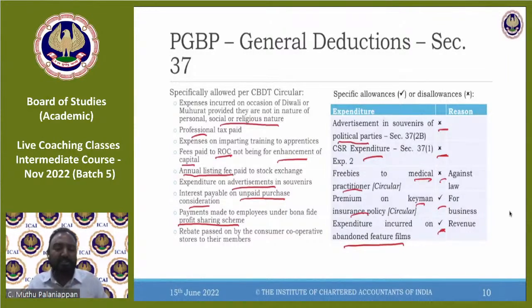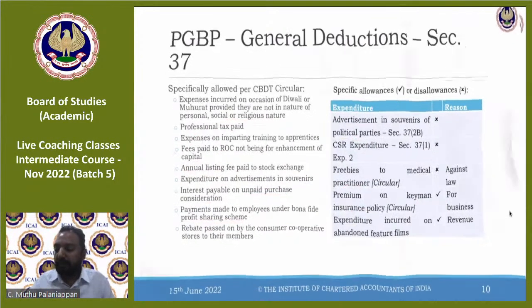Let's not have any questions on any of these, because these are straightforward line items. In case it is questioned, you will have the exact lines, the exact words, the exact phrases. So nothing to worry about. So these are allowed. Certain things are not allowed. That is what is discussed in this particular provision. So that is all about your section 37, which is a miscellaneous section.